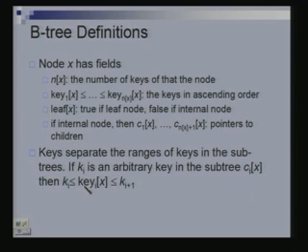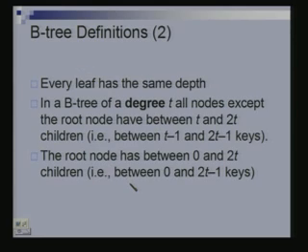And this we all know, we've seen this before. If k sub i is a key in the subtree c sub i, then k sub i is less than the ith key in the node, and so on. So a B tree is essentially the same structure as your AB tree. The only difference is, for an AB tree we provided a lower bound on the value of b. We said b should be at least 2a minus 1.